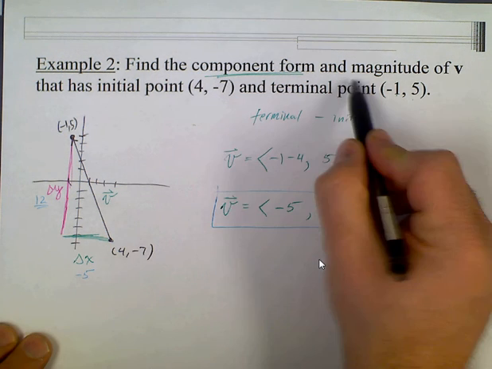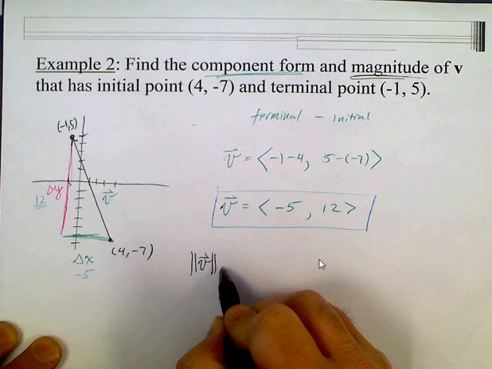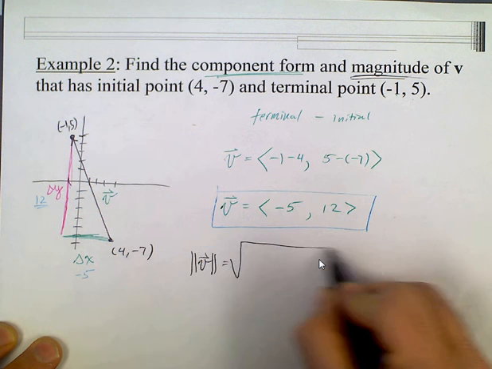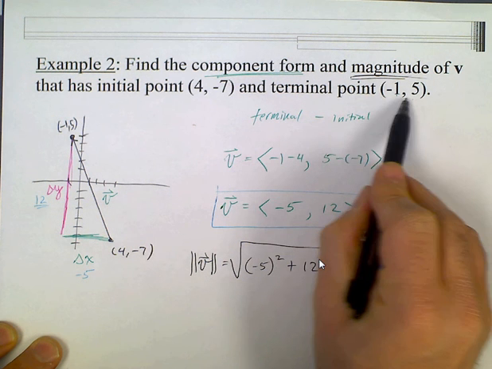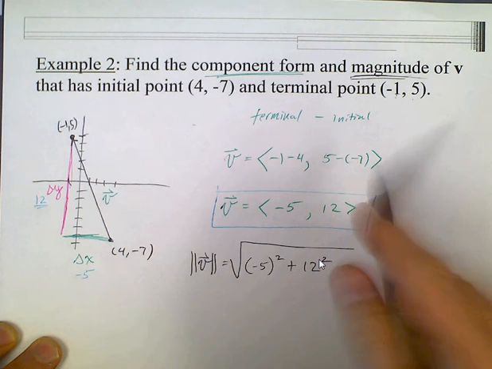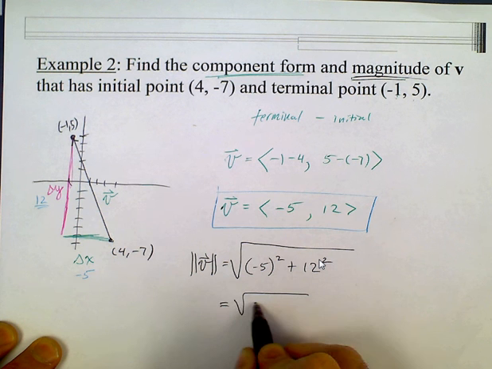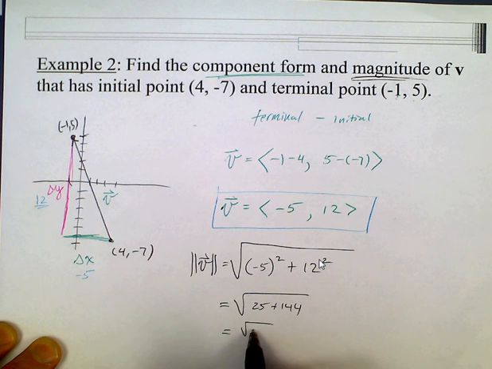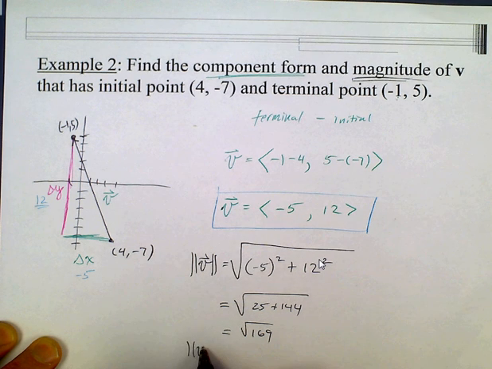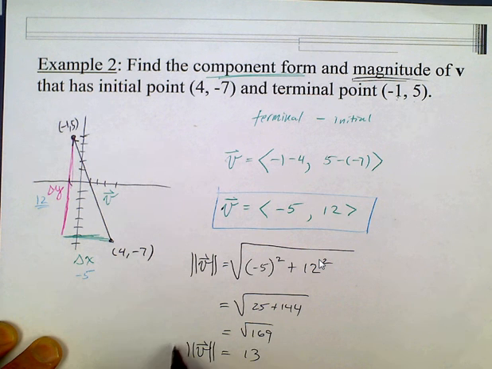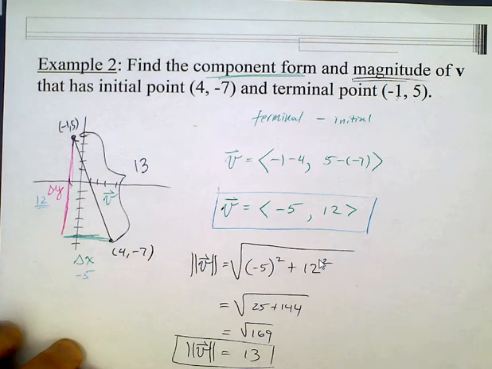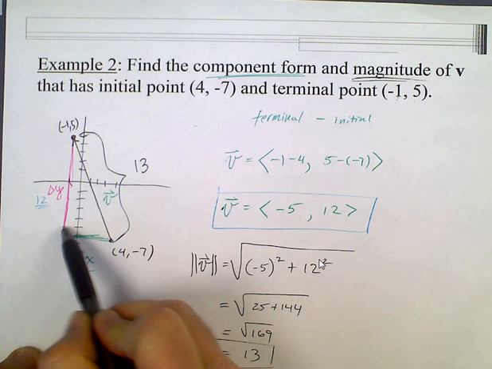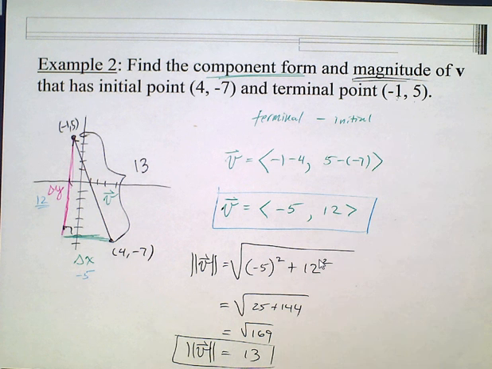Now we need to do the magnitude. So let's go ahead and do that, the magnitude, using our new little notation. And now that we have it in component form, let's just go right to that easy version of the formula, rather than messing around with Q1, P1, all that kind of stuff. Keep it easy. And so the magnitude of vector v is 13 units, because the square root of 169 is exactly 13 units. So that means this vector is 13 units long. And what you can hopefully recognize is that Pythagorean triple, because horizontal and vertical are always right angles. So vectors do relate back to all of the right triangle trigonometry that we've done so far this